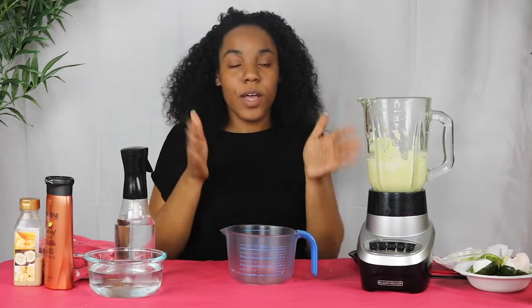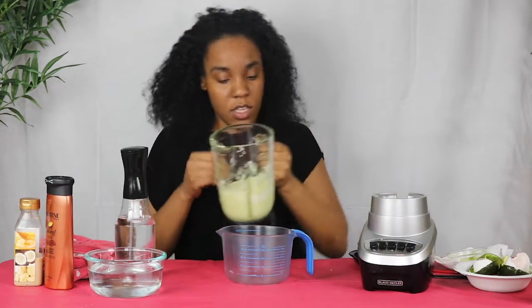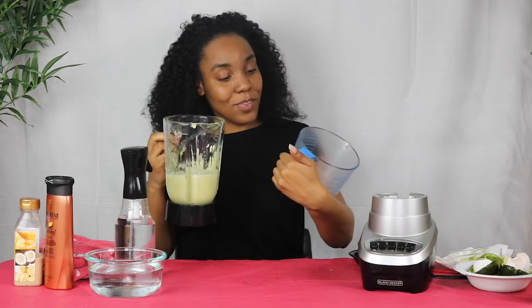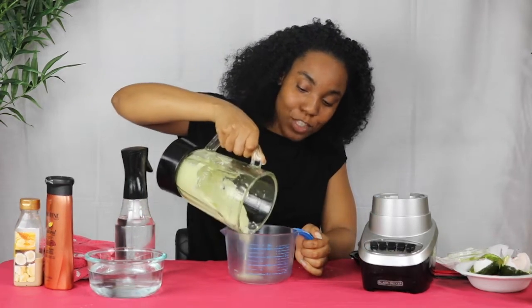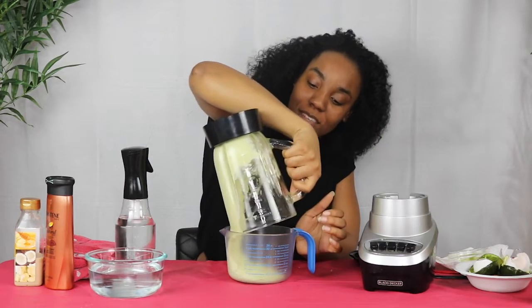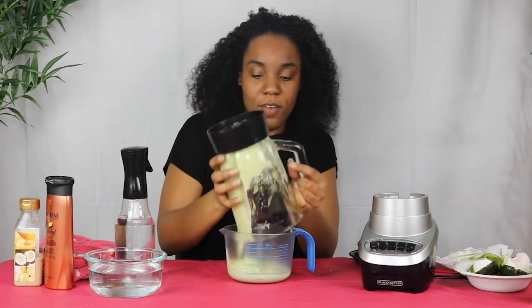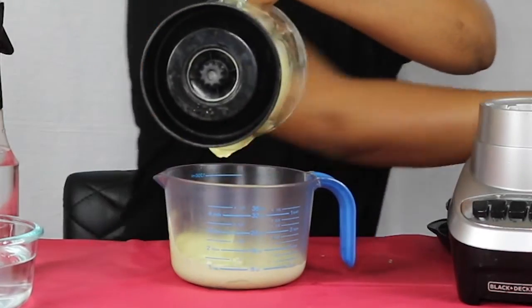Okay, so I'm going to go ahead and pour the contents of my blender into this oversized 4.5 cup beaker. Measuring cup, if you want to call it that, but you know, I was a science major, so I have those kind of things. Scrape it